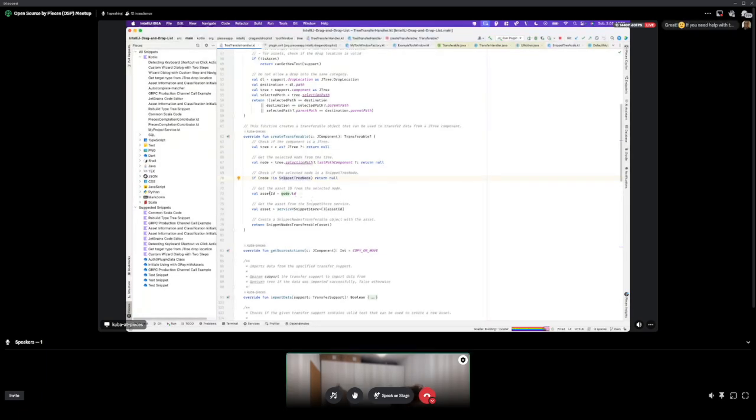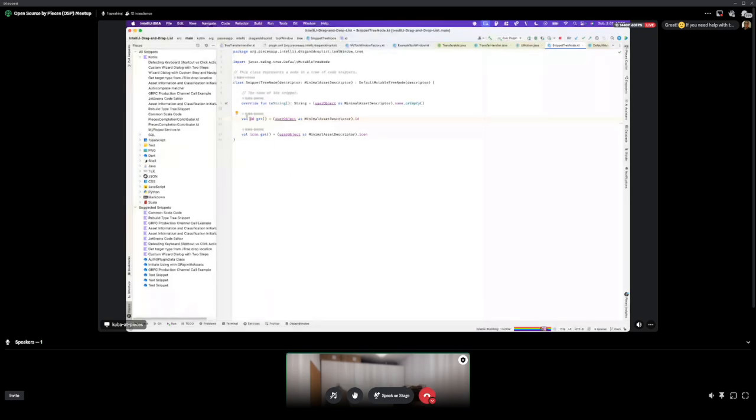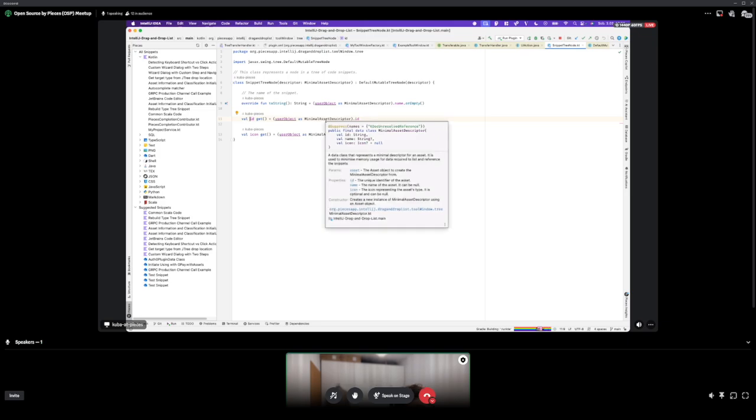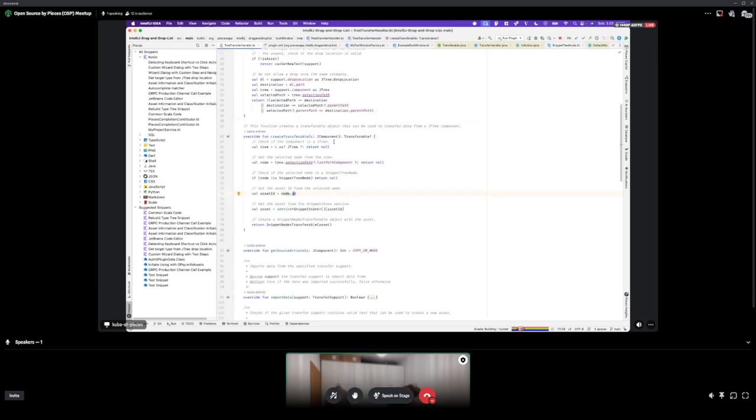And if it is, I try to get the ID from that node because, as you may remember, we defined a simple getter for the ID of the snippet we provide to that node, since it stores a reference to it. We can then get our data from wherever we store it, in its full glory. In this case, it is just a snippet store service in our plugin, and we create a transferable with it and return it. That's the whole magic behind drag and dropping your own data